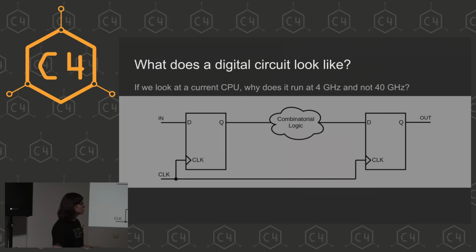You have some combinatorial logic, and then you have an output flip-flop that, again, saves the value. So what happens is you have an input. The clock goes to the rising edge. For the sake of simplicity, let's assume that there is no delay between this clock and this clock. In reality, of course, there is usually a delay because the signal takes time to travel through this line to this flip-flop. But let's assume we have some data here, a new clock edge comes,